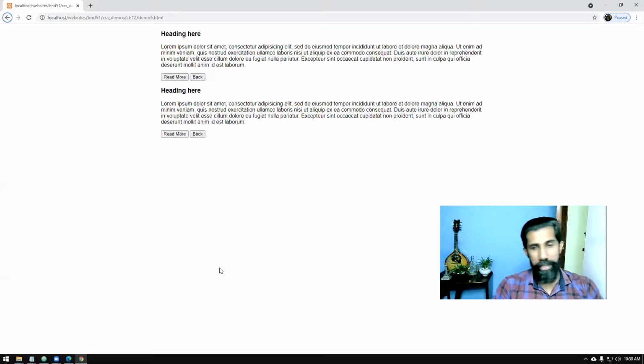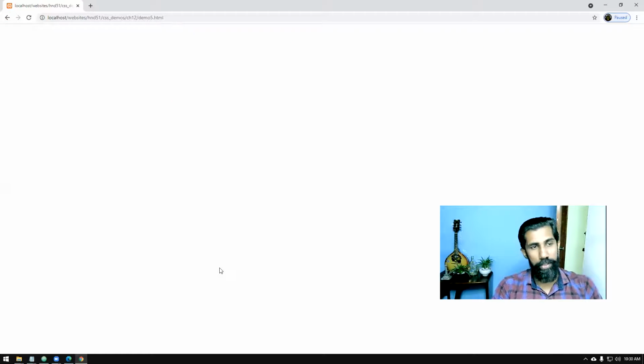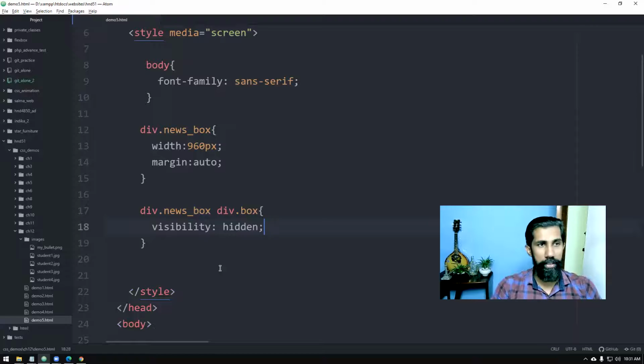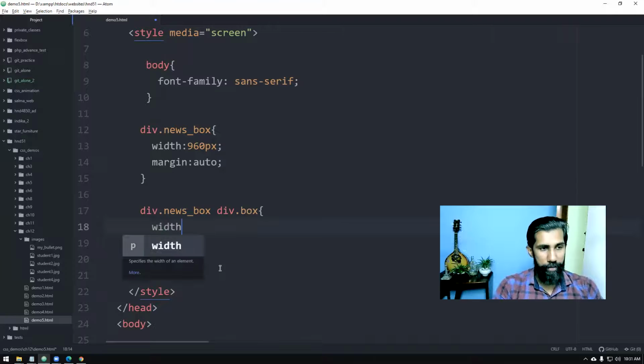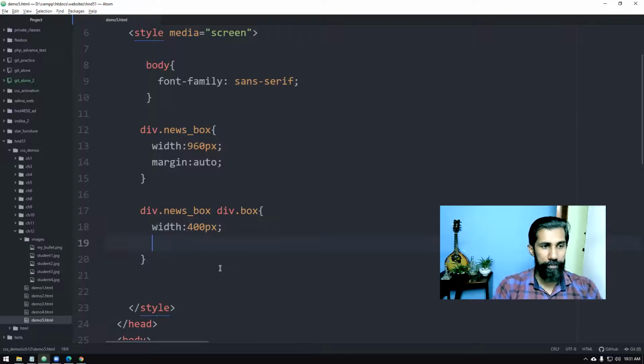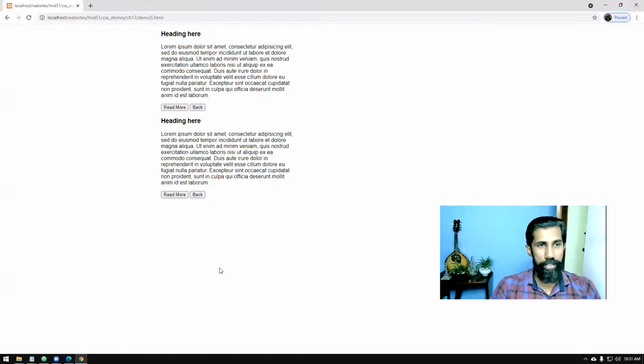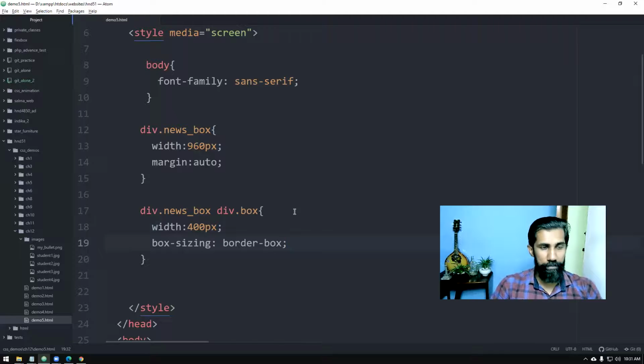I reload and check whether my code is working. Now you can see it's disappearing, so I'm sure my code will work when I write it. For each one I'm going to set a width of 400 pixels and box-sizing border-box. So two of them are displayed like that.